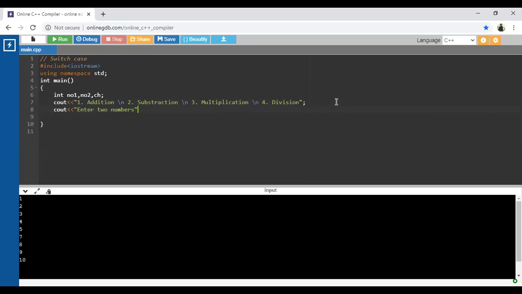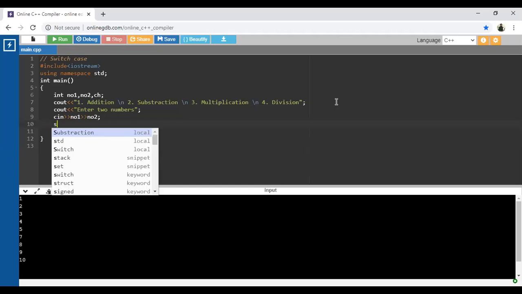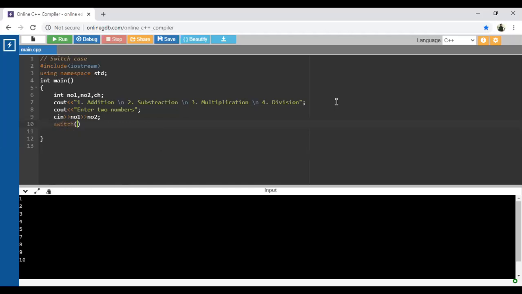Enter 2 numbers. Next, cin, accept both the variables from the user: cin number 1 and number 2. Okay guys, if any mistake happens while typing, like less than, greater than and so on, tell me immediately. Before the switch, one more thing is required: display the message, enter the choice.